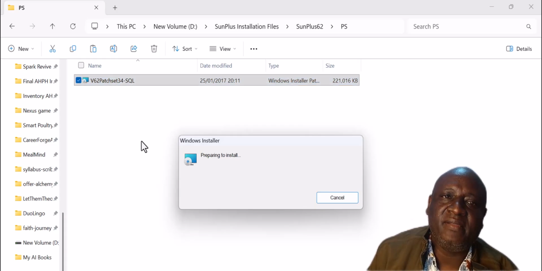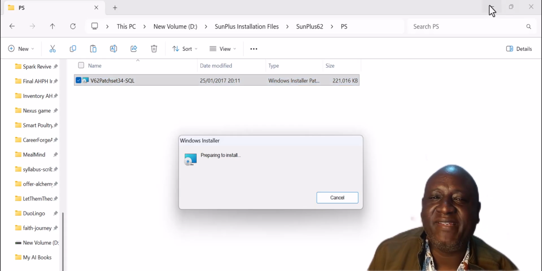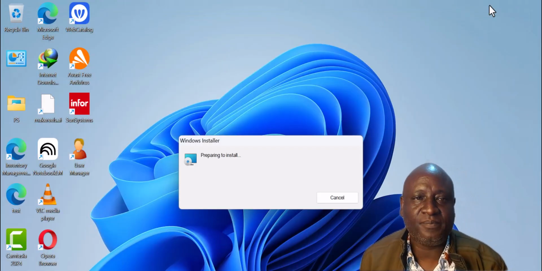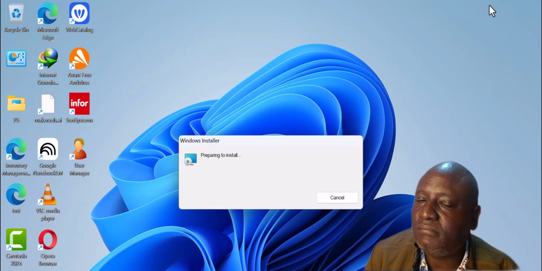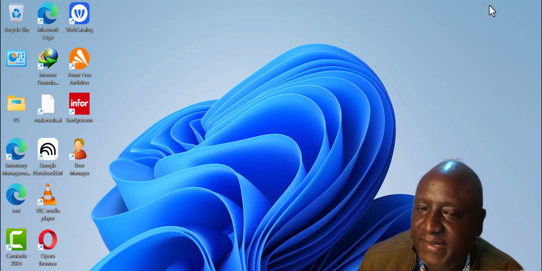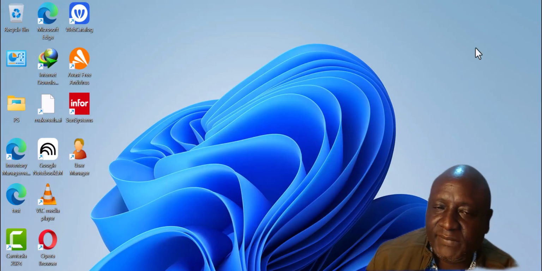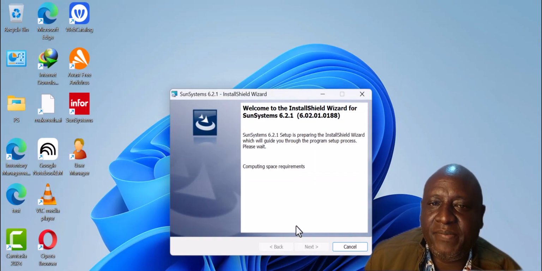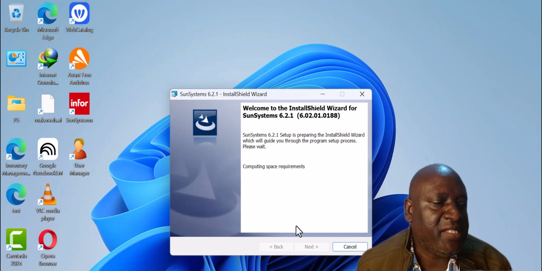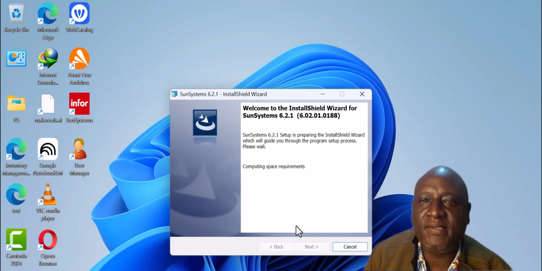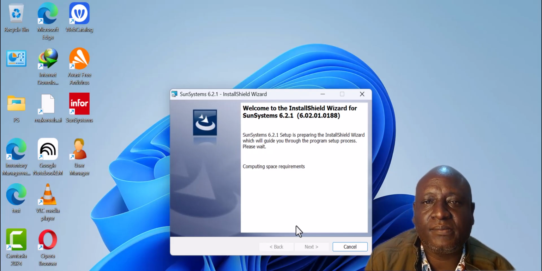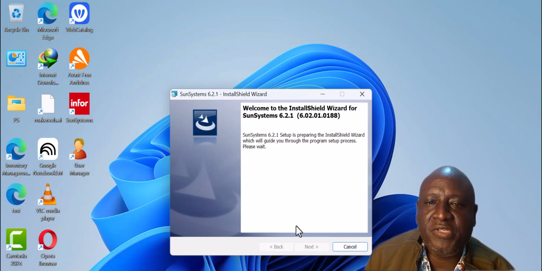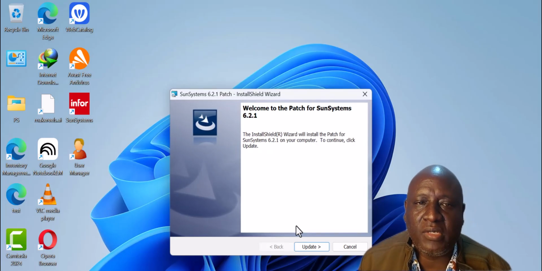So I'm installing patch set 34. If I'm outdated, please let me know, and let me know how I can get the latest patch sets, maybe. Okay, so this is updating it, computing space requirements for the update to happen. This is actually a Windows,